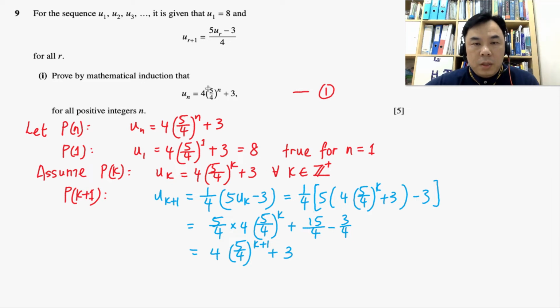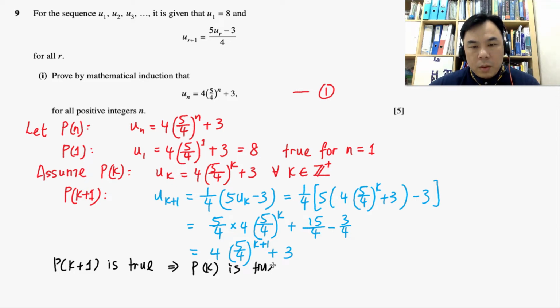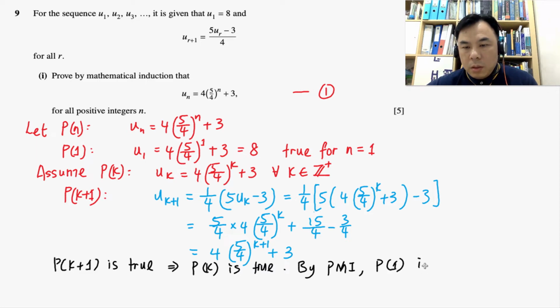And then you will notice that this is exactly the same as this term when n is replaced with k plus 1. Therefore, from here we can conclude that P(k plus 1) is true, implied that P(k) is true. Therefore, by the principle of mathematical induction, we know that P(1) is true